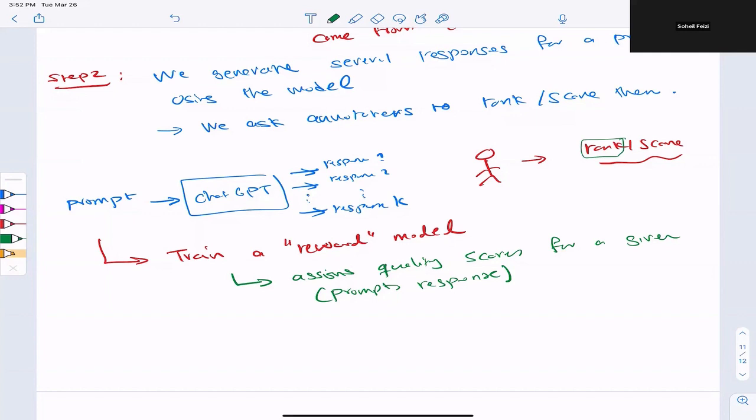So you have different options. At the end of the day, this reward model is another neural network that gets the pair of your prompt and the possible response to that prompt and assigns a quality score, let's say between 0 and 1. Right? So that's the reward model that you have. It assigns a number between 0 and 1. Okay. All right, so in order to train this reward model, you can start again with some pre-trained GPT and have some linear head that maps the output embedding to a number between 0 and 1. And you can use the samples collected in this step 2 in order to do that,